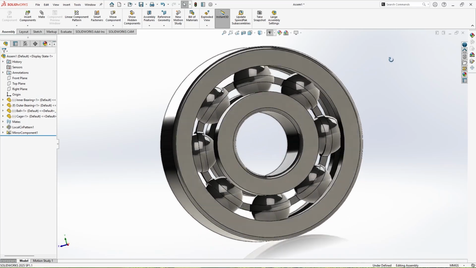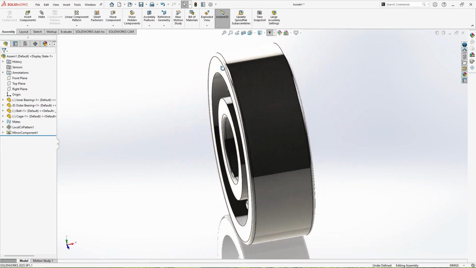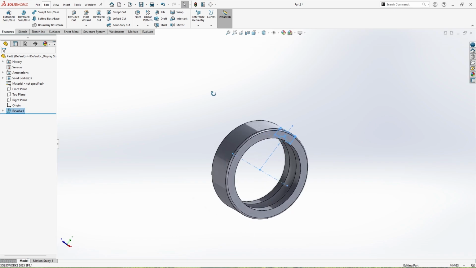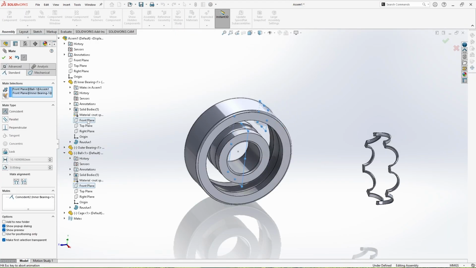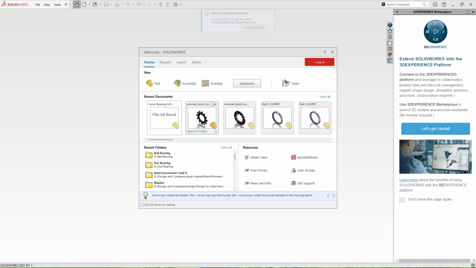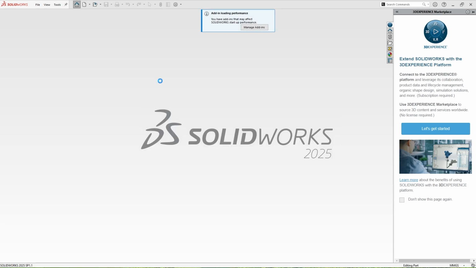In this video, we'll model and assemble a radial ball bearing in SolidWorks from scratch. We'll create the inner ring, outer ring, ball, and cage, then put everything together in an assembly. Let's get started. First, create a new part by going to File, New, and select Part, and start your sketch